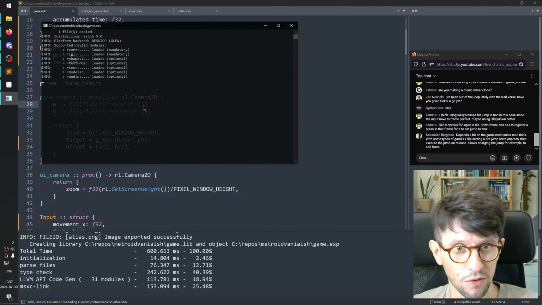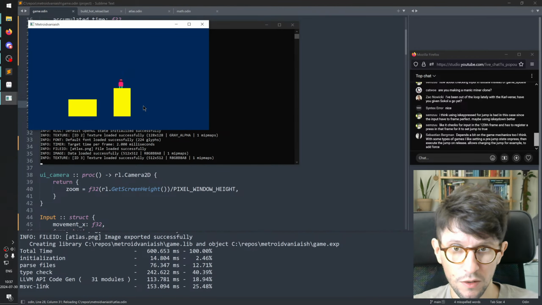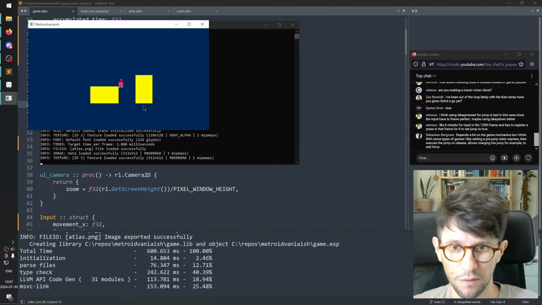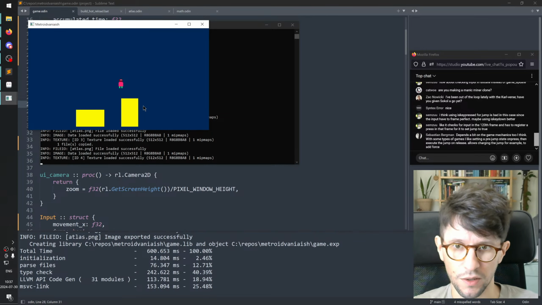Now you have a camera that follows the player, I think. Cameras that follow the player constantly like this are a bit annoying, but